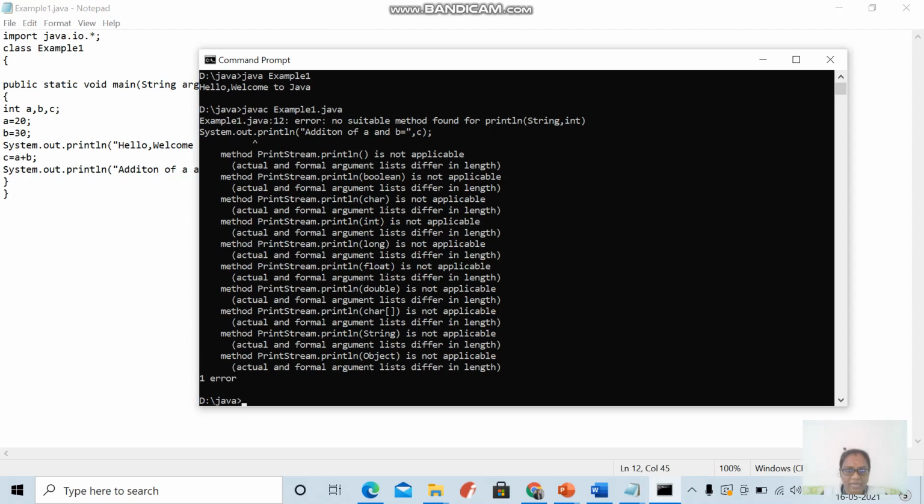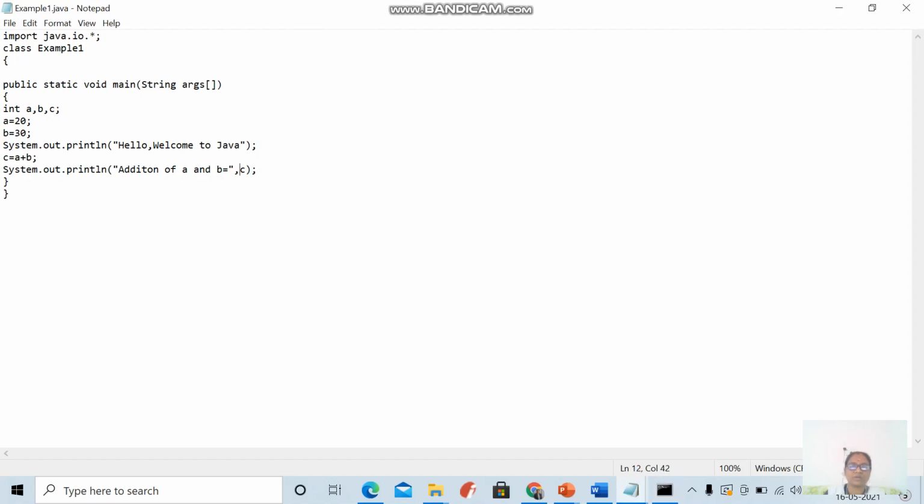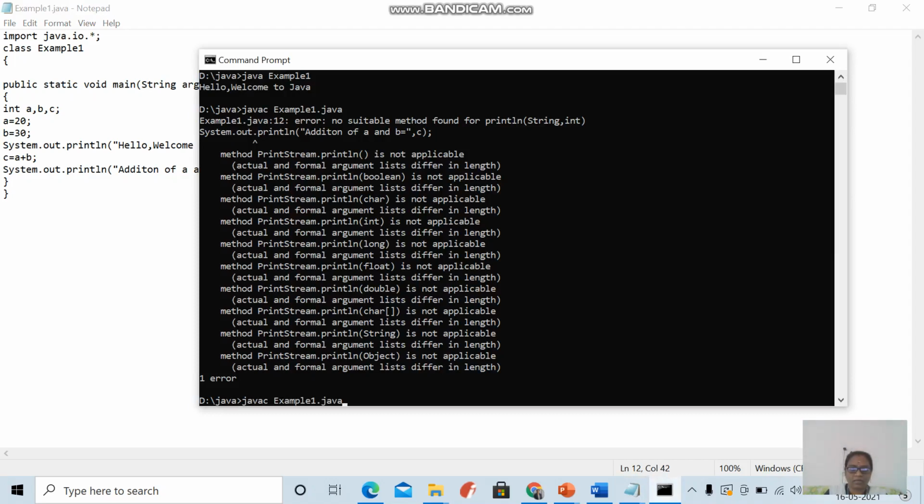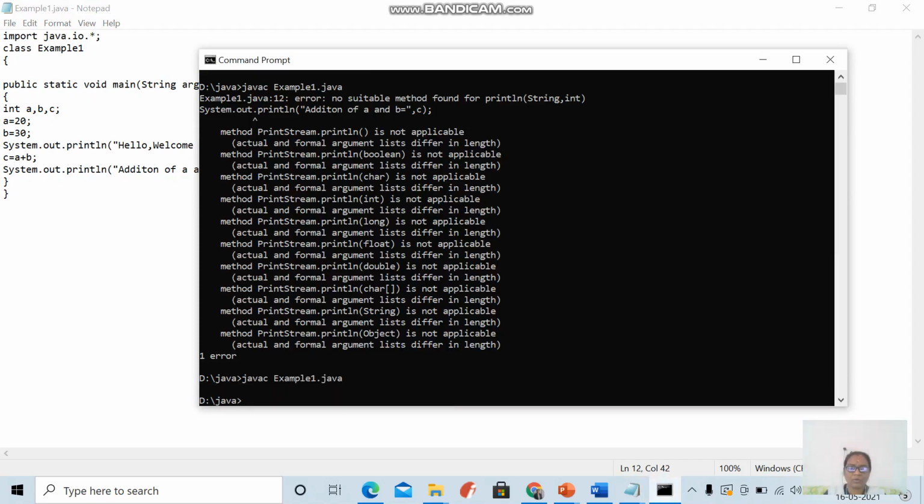Here I am getting an error at "addition of a and b is equal to" where a comma has come. So instead of the comma, what should I use? Plus. Fine. Next, I am again compiling my source file. Now no errors.